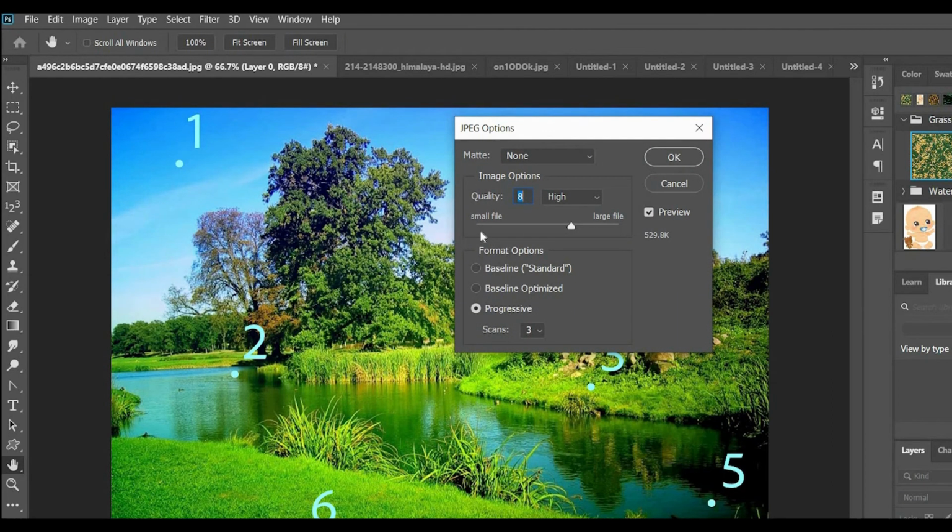sample.jpg. Here it asks for quality, so we can give large size or small size. If we give large file, the size, the MB will be increased, 1.2 MB. Okay, so it was in KB. When I increase it to large size, it was 1.2 MB. If you want to use medium, you can go with 434 KB. Okay, I'm just giving OK.